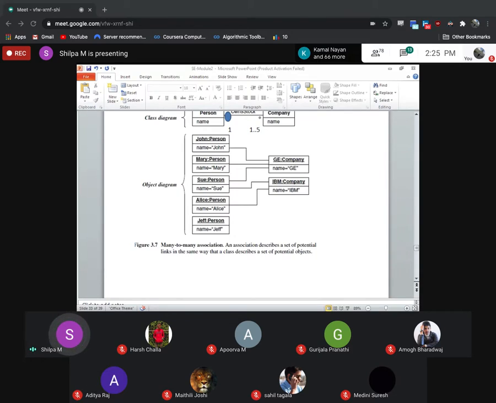So one person can own either 1, 2, 3, 4, or 5, inclusive of 5, stocks of this company. So one person can own stocks of up to 5 companies. It may not be 5. He may own one, he may own two, he may be associated with three, four or five.